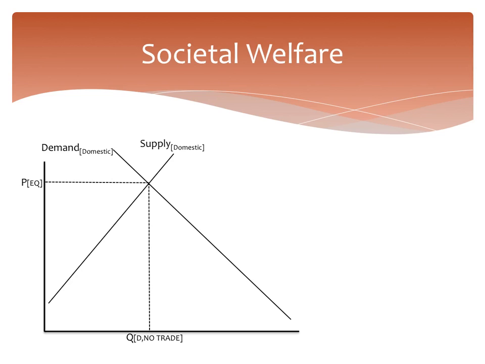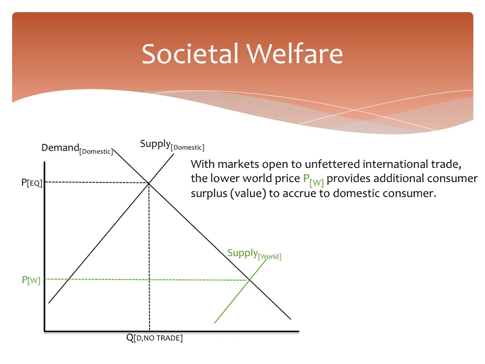Now, when we get that unfettered trade, we get an additional area of societal welfare. Think of societal welfare as the goodness that returns to consumers that were willing to pay a higher price, but did not have to pay that price. Now, there's been some transfer of surplus here, but perhaps the most important point is that there's new consumer